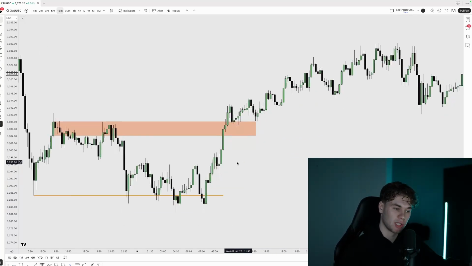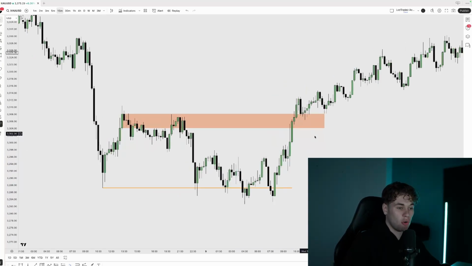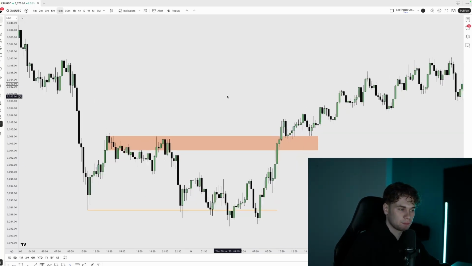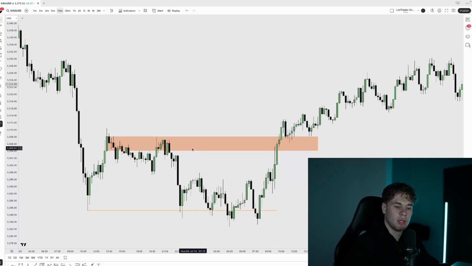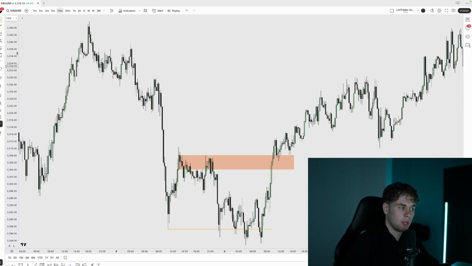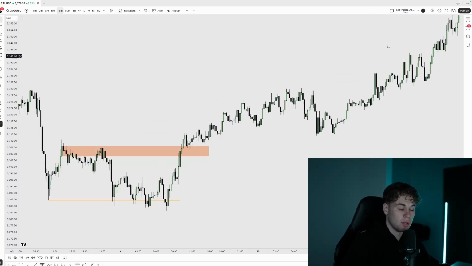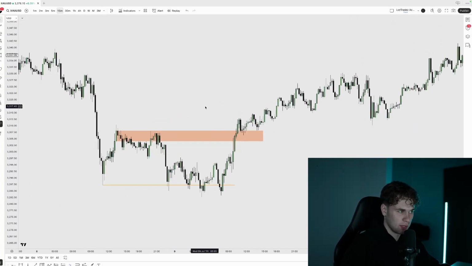And this is where your risk management comes in. But I called this inside of my Discord. I said I want to see it go from here because of that logic. And this is private level stuff. They're not going to be happy I'm giving this away for free. But all of that logic ties into that daily chart, and that is how and why we see this expansion afterwards. Look at the expansion from there on. That is allowed to happen because we spent that much time down here,